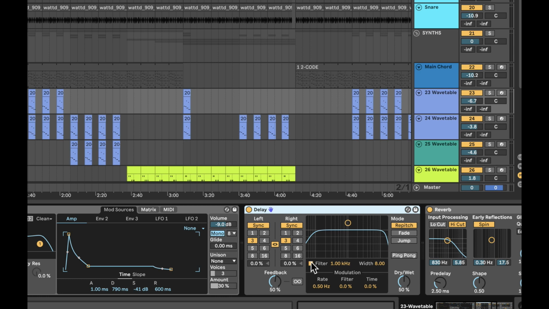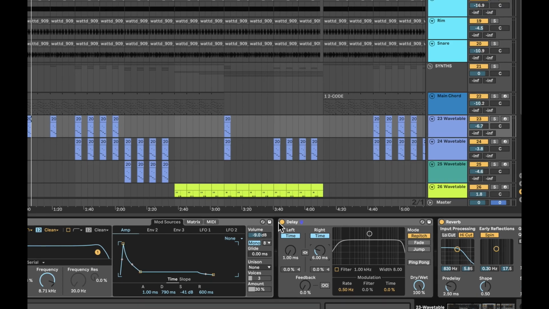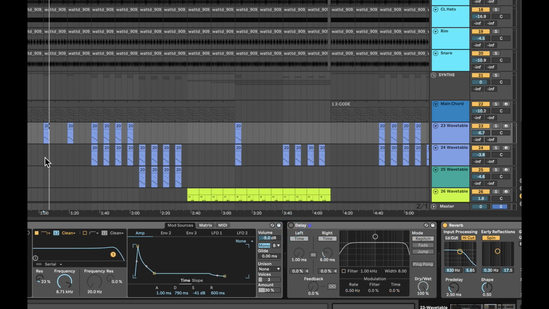I want to turn the filter off. I want to turn the dry wet all the way to wet. I want to take the feedback to 0. I want to take the sync off both channels and move those down to 1 millisecond, which is the lowest. And I want to unlink them now, which will put the second channel into sync again, but I have to click that again to unsync it. Now if I want to delay from one channel to the other 5 milliseconds, I'm going to set this to 6. And let me play you this element here soloed,